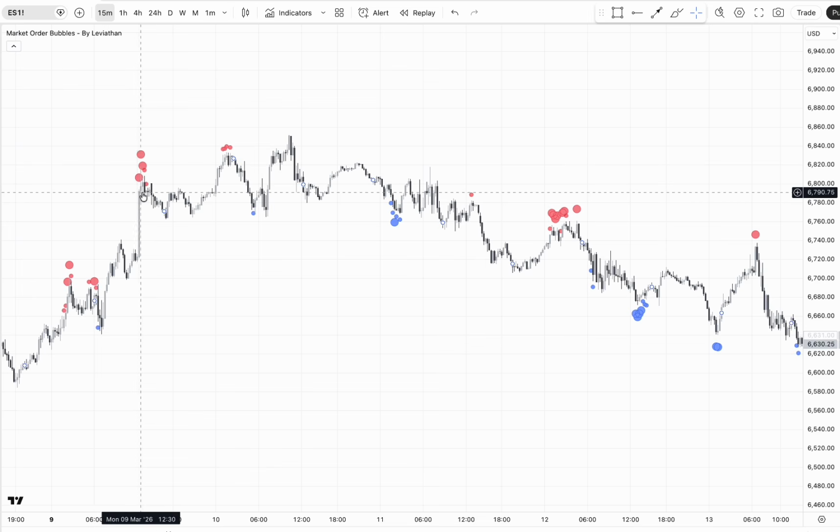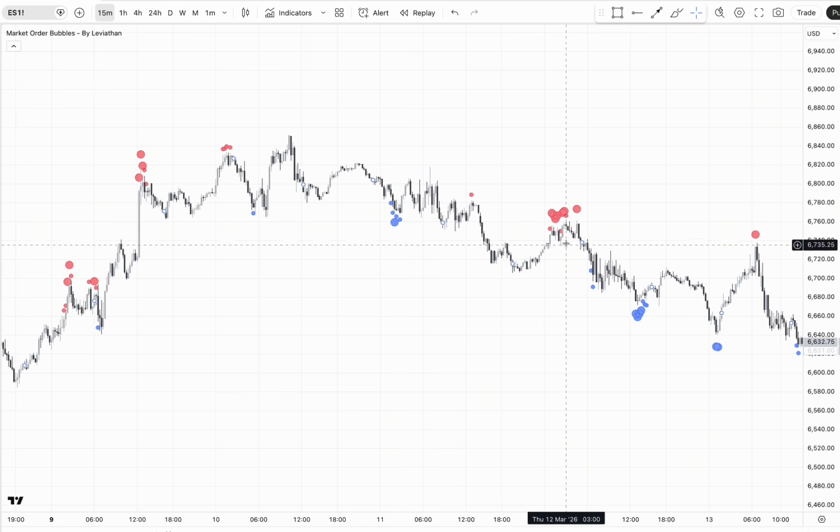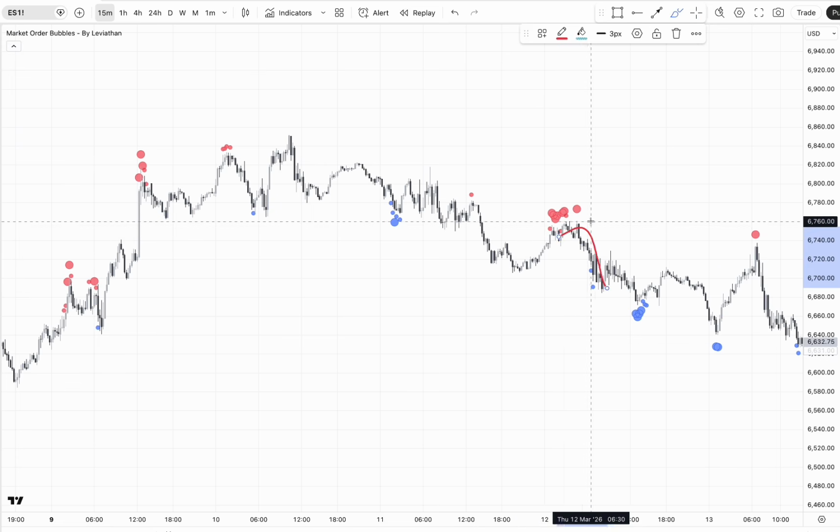So in this case there is an increased number of market buy orders, and with the blue circles it's the increased number of market sell orders. Essentially what it means is that, for example, here sellers are being aggressive, but unfortunately their aggression is just not enough. It's being absorbed by limit orders. Thus we see a process of absorption right here, and then we get a reversal since essentially sellers managed to overwhelm